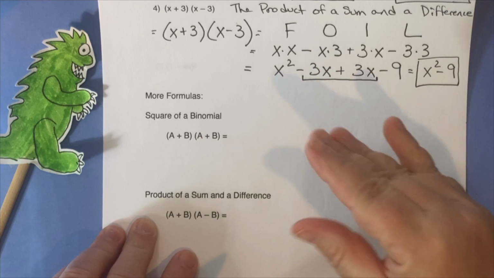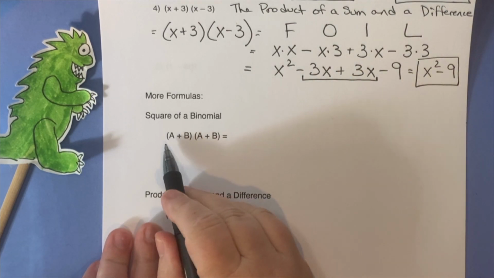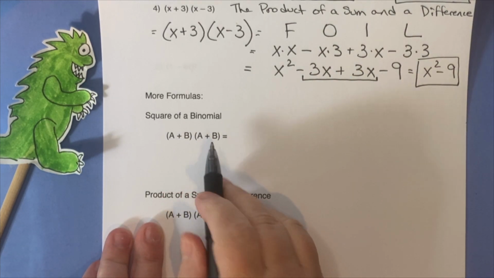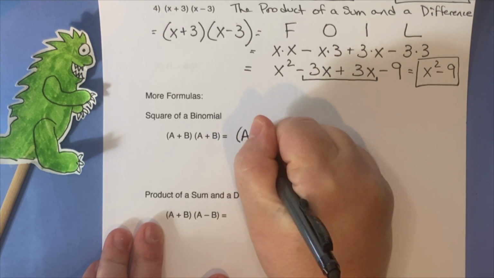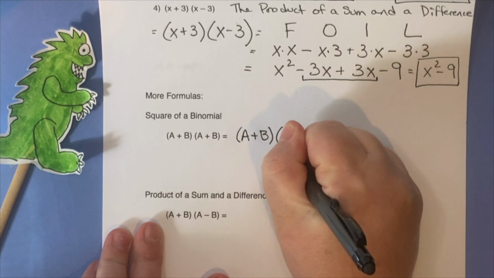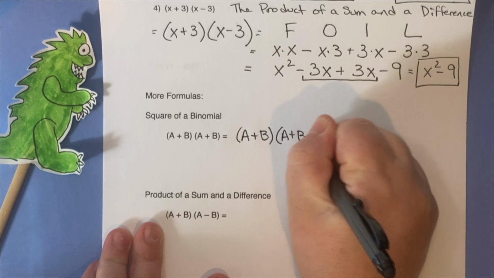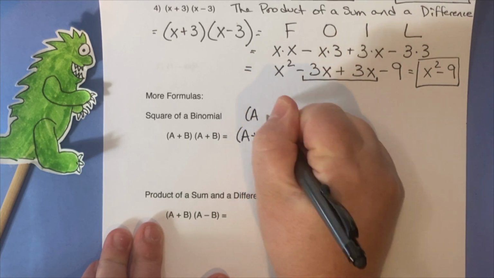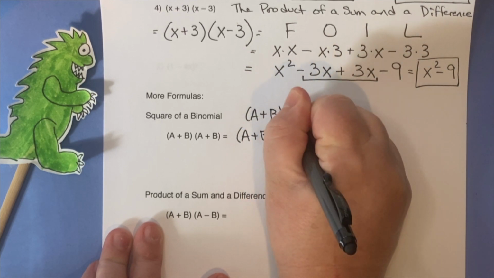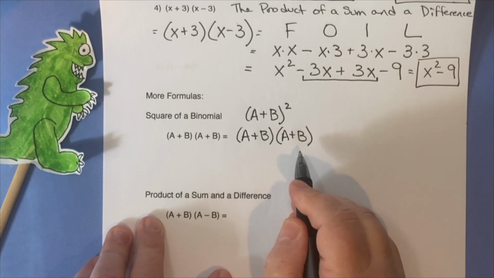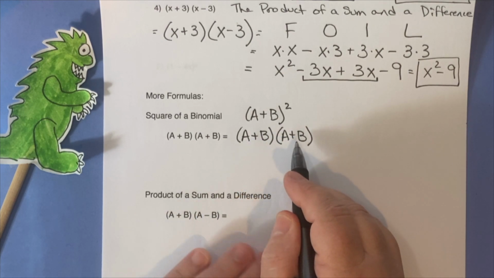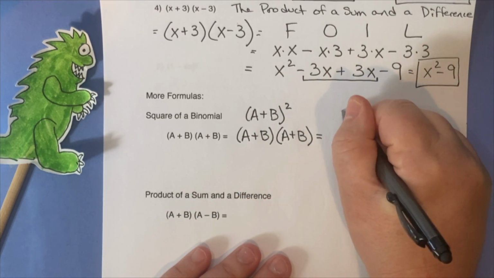Okay, so let's go ahead and multiply that. So I've got A plus B in one set of parentheses, and then its twin. So this is A plus B, the quantity squared. They're identical twins. They have to be exactly the same. And so FOIL